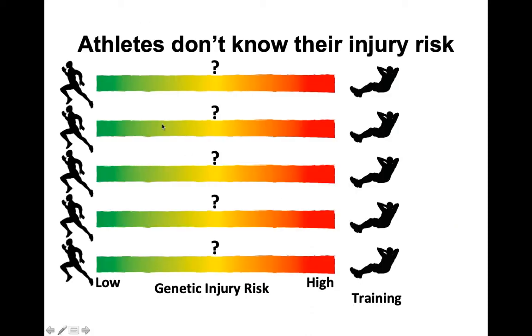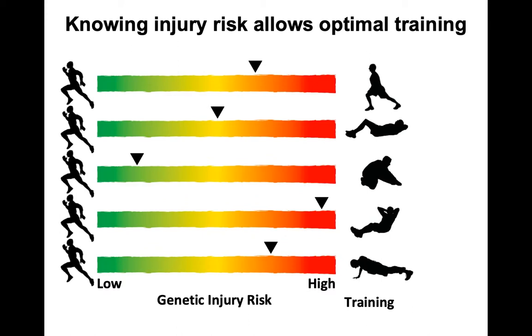So currently, a team of athletes is treated the same. And so you don't know which athletes are at risk for which injuries. And they undergo the same types of training regimens similarly. But what if you could inform the trainer or the coach about which athletes were at risk for which injuries? And so one athlete might be at risk for an ankle injury, the other one at risk for a